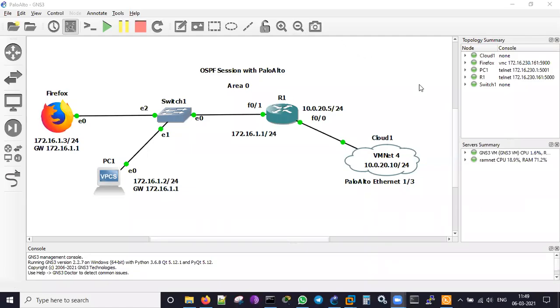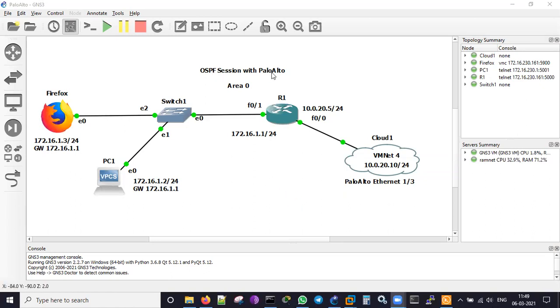Hello friends, today we will talk about something on Palo Alto with OSPF configurations. Previously, I have done the BGP configurations for the Palo Alto with the normal Cisco router. So today we are going to do an OSPF session with the Palo Alto. Palo Alto doesn't have much license as such, but it is still running, and we can configure the OSPF with that. It's not a problem.